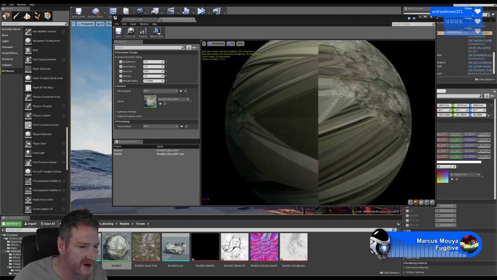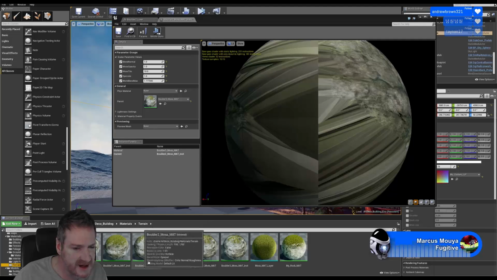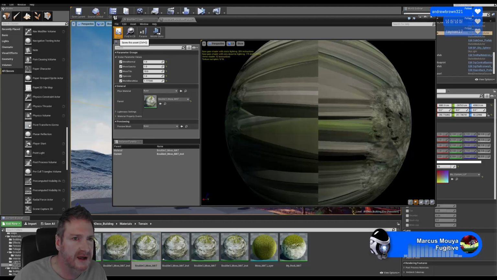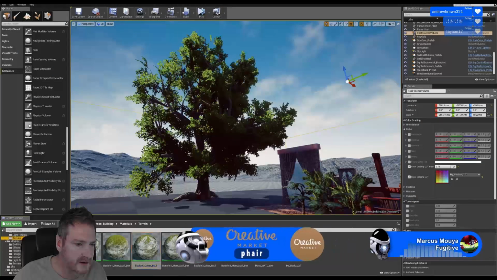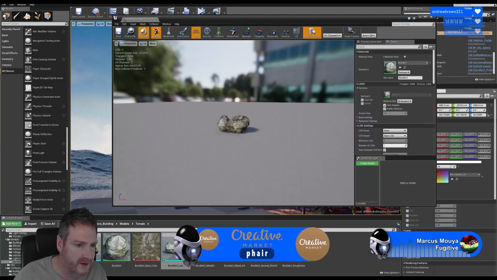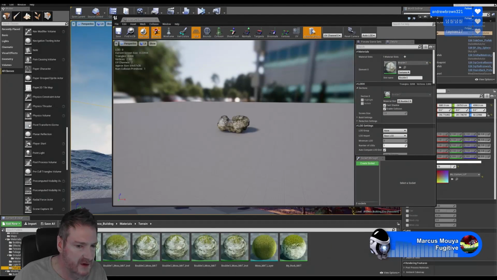Actually, back where we were, I think. I got mistaken there. Back to terrain. This one here that we created with the moss on it already, Boulder 2 moss material. I'm going to drag that up here. Again, we're going to save that. Make sure that we open up our original mesh again. Go back to that one we just saved out, which is a Boulder 2 moss material instance, and we're going to drag that in. You see that adds